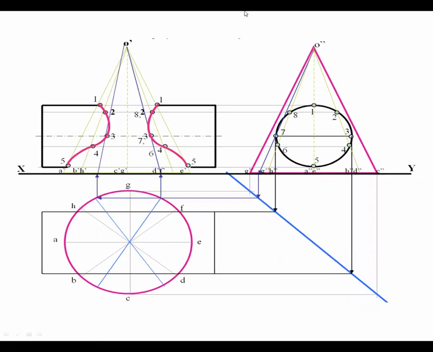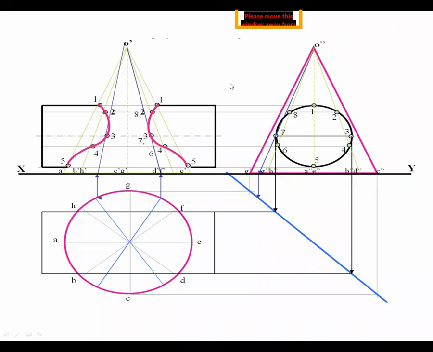Now, whatever the points you got, just make a curve on this point number 1, 2, 3, 4 in front view. So we'll get such type of curve, which is already highlighted with the help of pink color line. So this is the curve of intersection in front view.